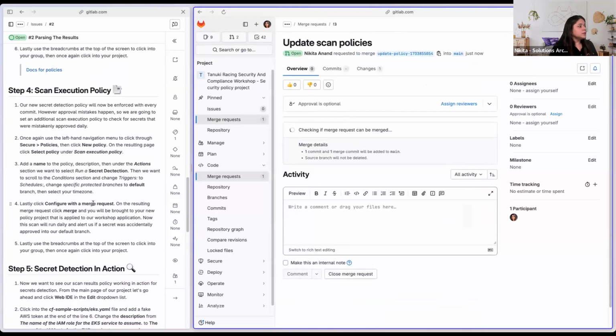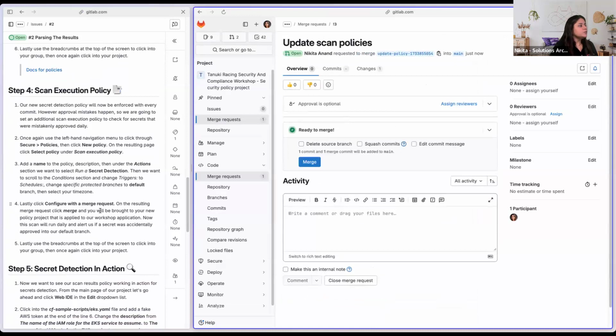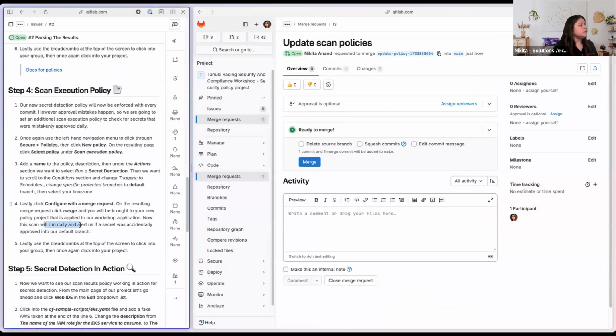Lastly, click on configure the merge request. On the resulting merge request, click merge, and you will be brought to a new policy project that is applied to the workshop application. Now this scan will run daily and alert us if a secret was accidentally approved into our default branch. So let me just merge this for now. And again,